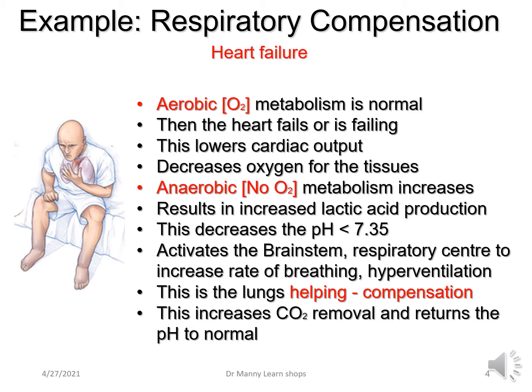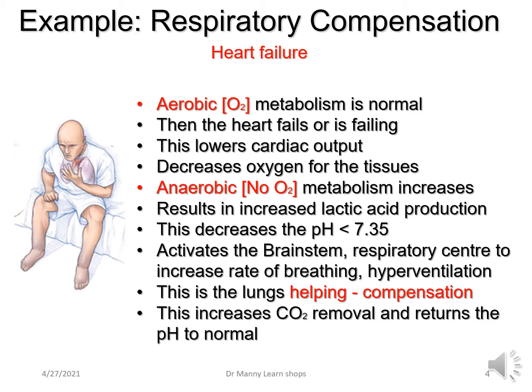The lactic acid accumulates, and as a consequence, this could decrease the arterial pH to less than 7.35. However, as the pH becomes more acidemic, this activates the brainstem, the respiratory center in the medulla oblongata, to increase the rate of breathing, tachypnea, and hyperventilation,